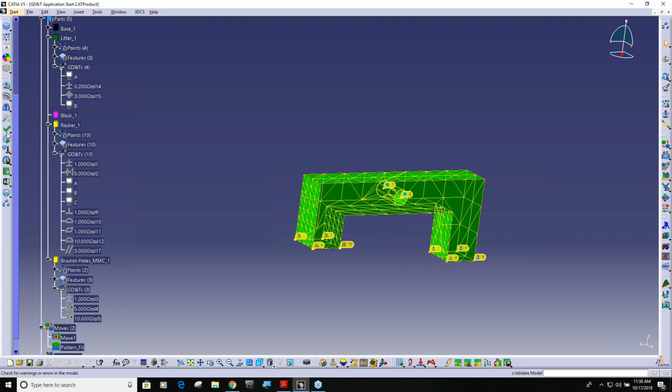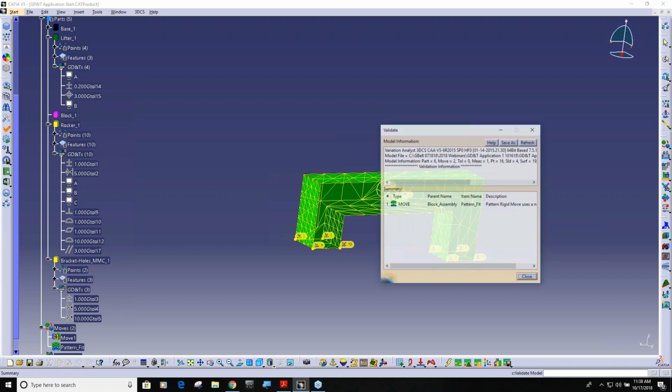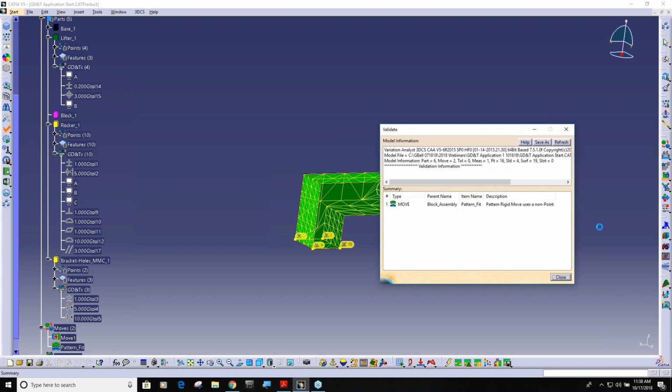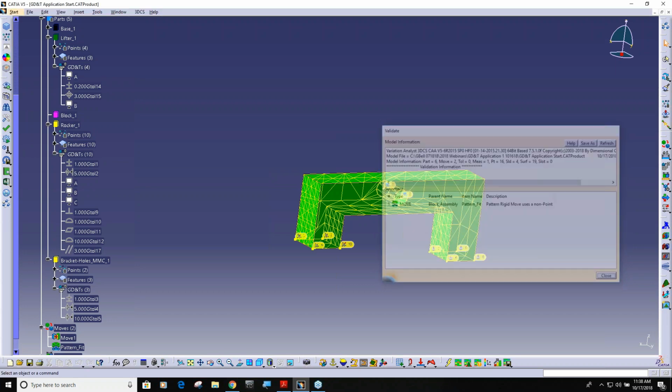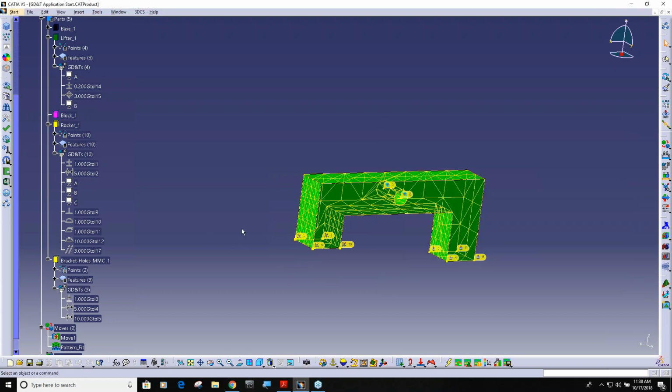obviously the first thing you want to do is hit validate. And you can see that I have a rigid body move uses a non-point. That's an error I didn't know I made. I'll have to check on that one. Wasn't supposed to be any errors in this model. But the other thing that you can do is you can come up here